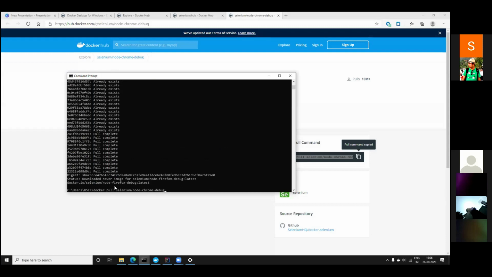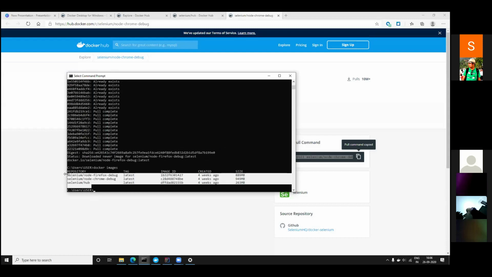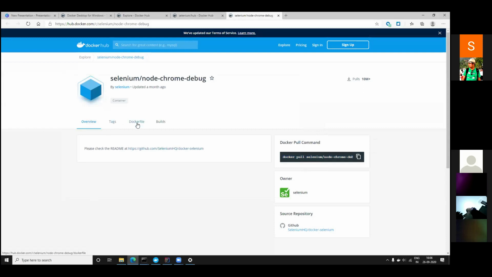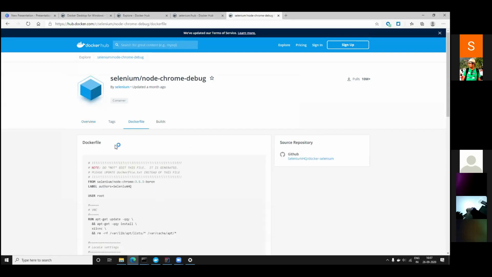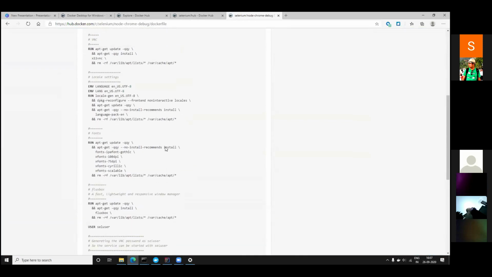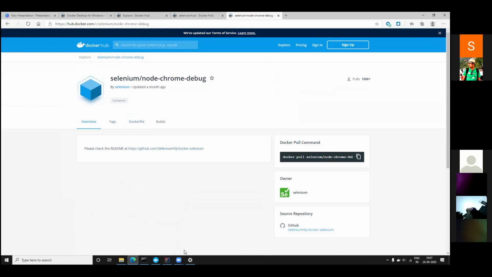Okay, so if I have downloaded 3 images and I wanted to see how many images I have, "docker images" is the command. You can see these 3 images are available. Images are built from the Dockerfile. If you wanted to check the Dockerfile for these particular images, here are the images. They are developed by the official Selenium team, so we don't need to worry about creating the images. We are going to directly utilize them.